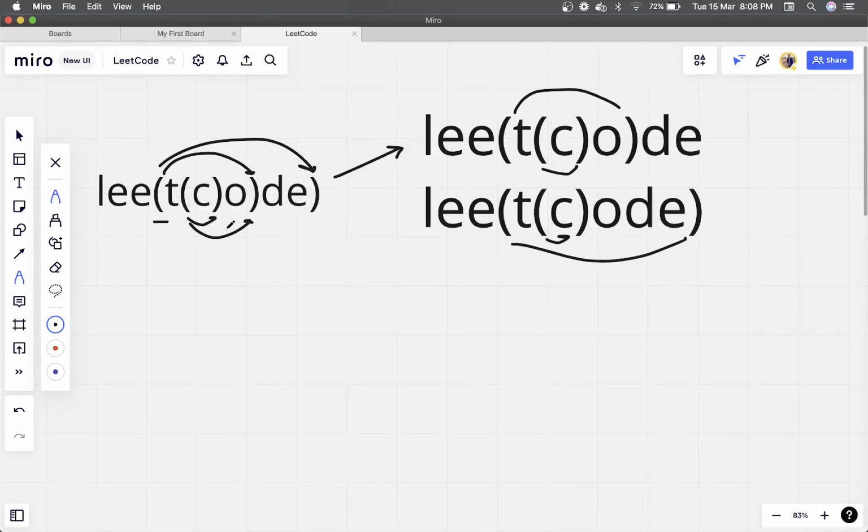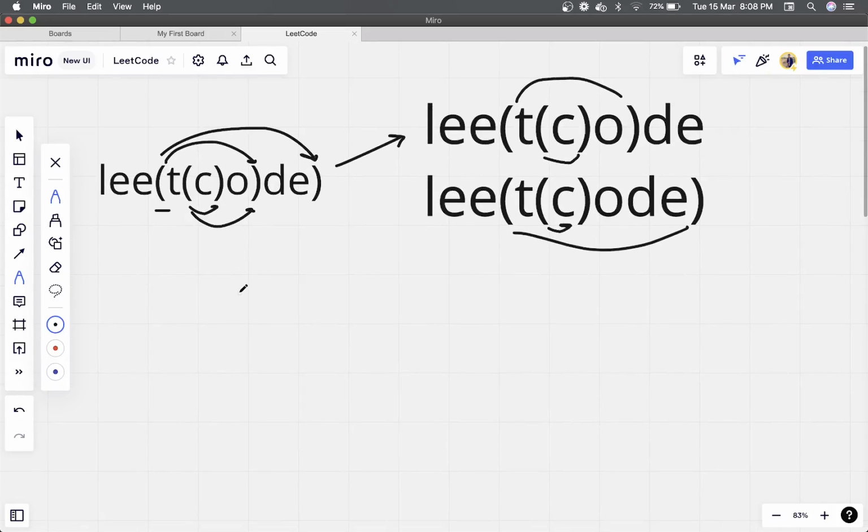So we can use a stack. And how can we use the stack here? We create a stack, and if we have a character, we ignore it, and if we have an opening parenthesis, we push it into the stack. Again we push into the stack.